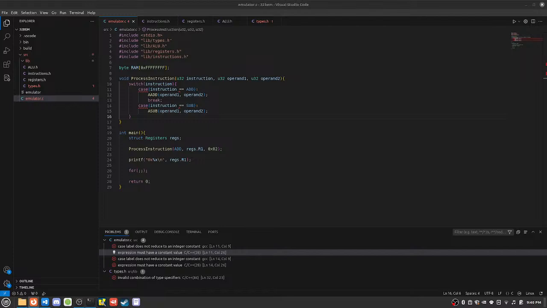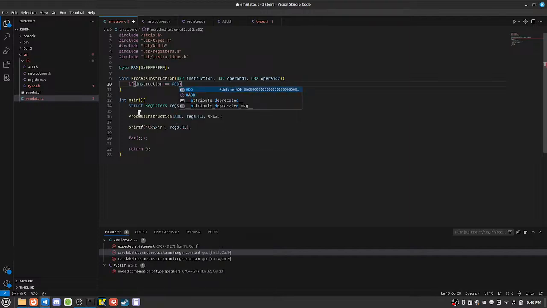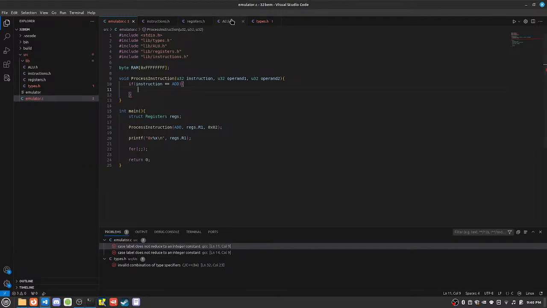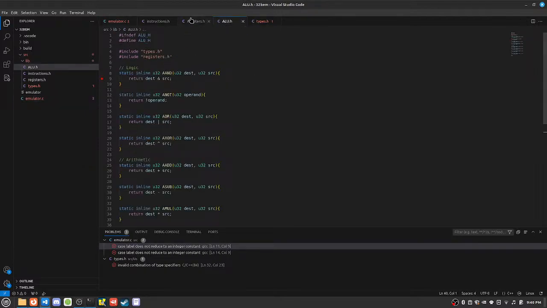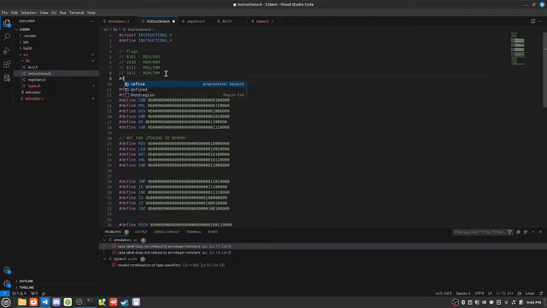Oh, okay, so I do have to use if else. This is going to be a big if else statement. Okay, so if instruction equals add. Oh, you know what? I should probably hashtag define reg